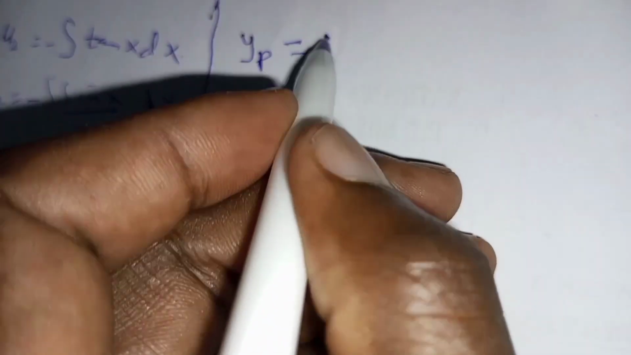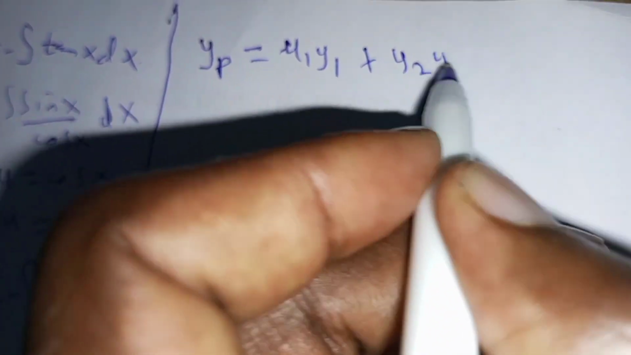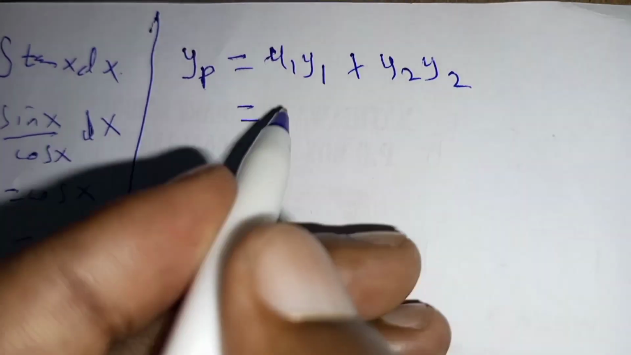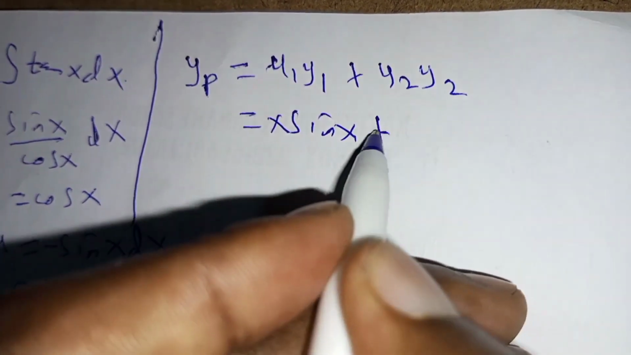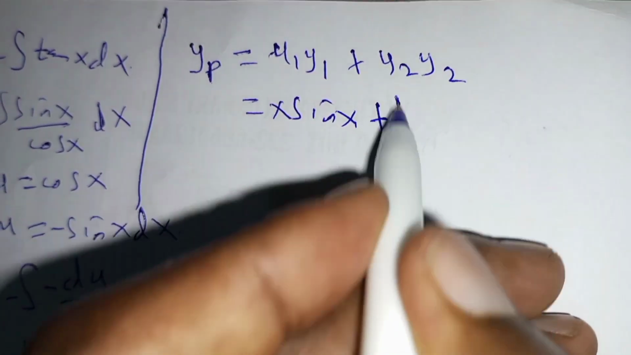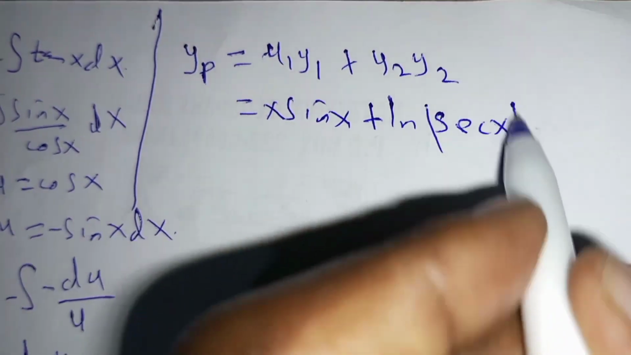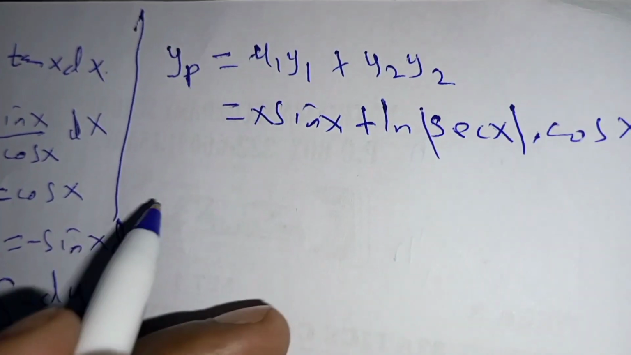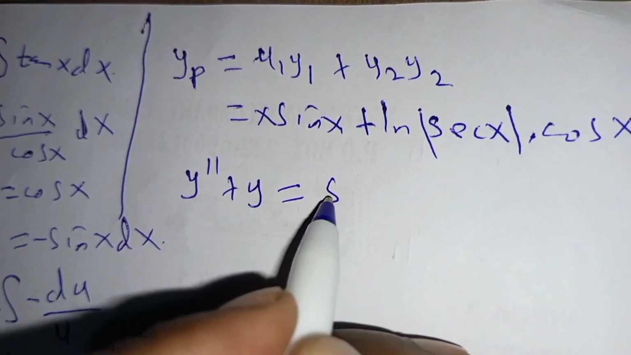Now we come here, our yp will be given by u1 y1 plus u2 y2, which is equal to, our u1 is x, times sine of x plus natural logarithm of sec of x multiplied by cos of x. The solution of the given O.D.E, which was this sec of x,